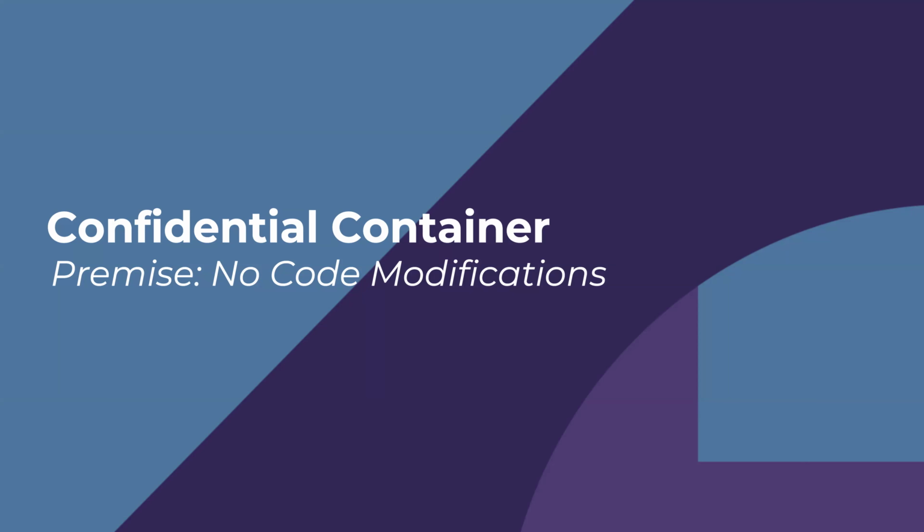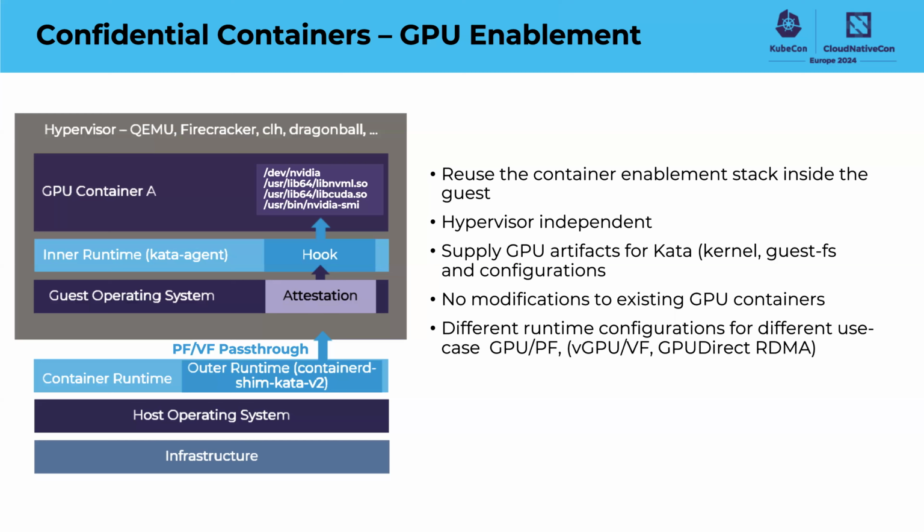Like secure storage or sealed secrets for unsealing it inside of the VM. So essentially, the big part of confidential containers is Kata. That's why we invested a lot in Kata, enabled all the features for the GPU. Again, we are reusing the complete enablement stack that I showed before in Kata